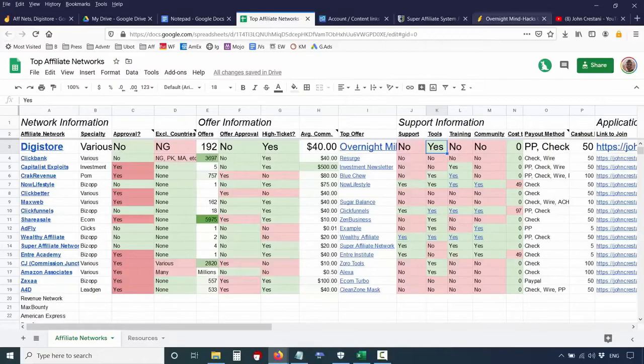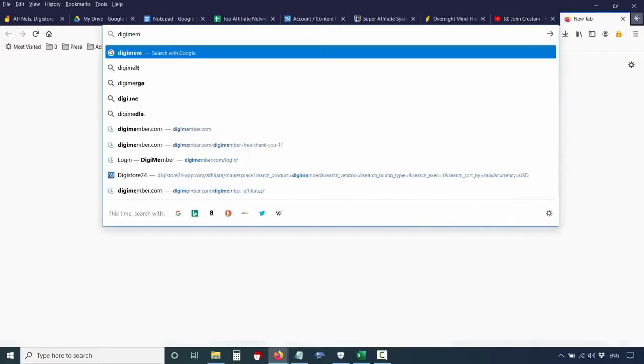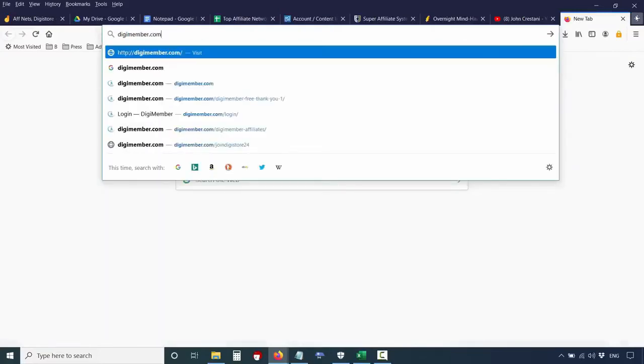So they do offer tools. I don't totally know where they're located right now, but they have a web page builder and they have a membership platform that you can use. I believe they're paid. You can check out digimember.com because this is a tool that allows anybody to create an